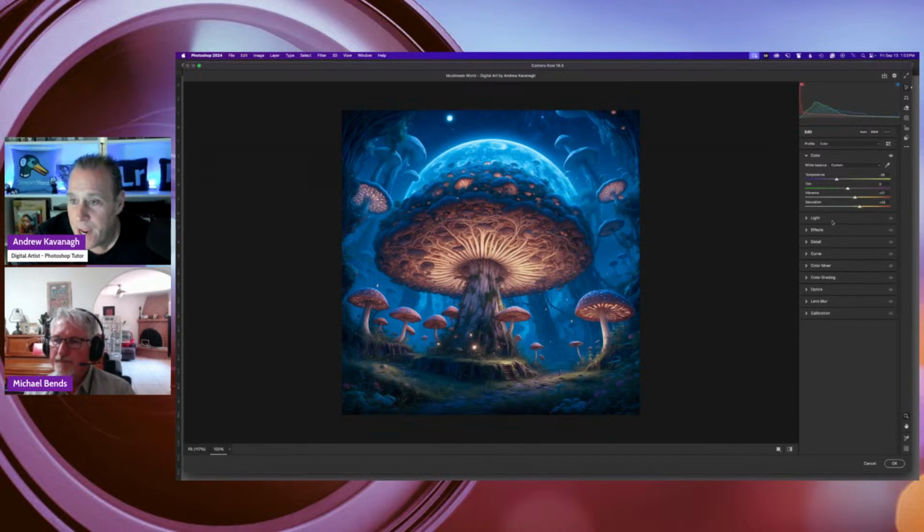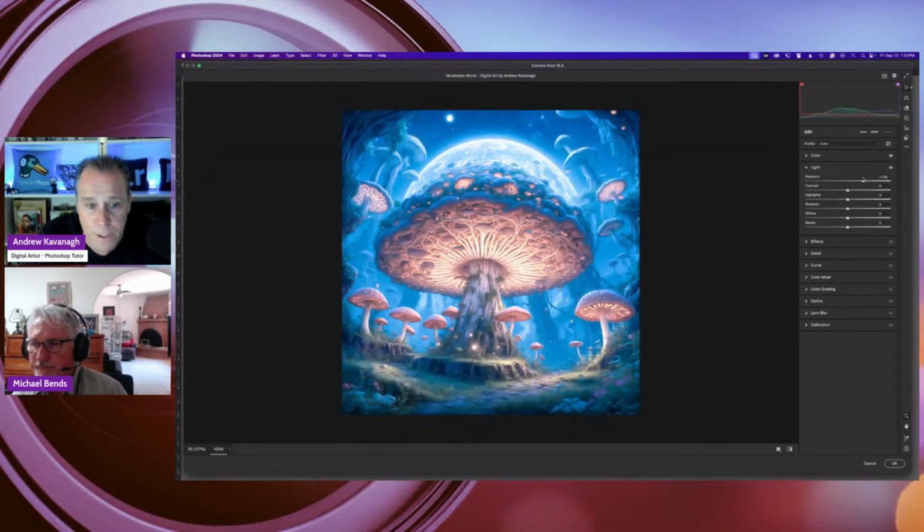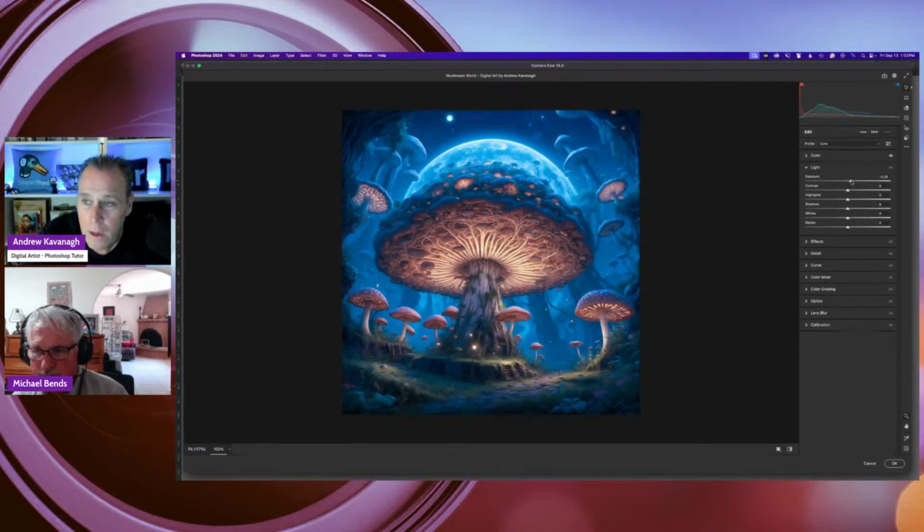And then from there, if I go down to light, that's where I can do my tonal correction. So I might open up the exposure a little bit. Just be careful, the slider moves pretty fast, so you don't want to overdo it. If you do overdo it, with any of these slider tabs, you just double click and you go back to 0. So just do it like, maybe 25.